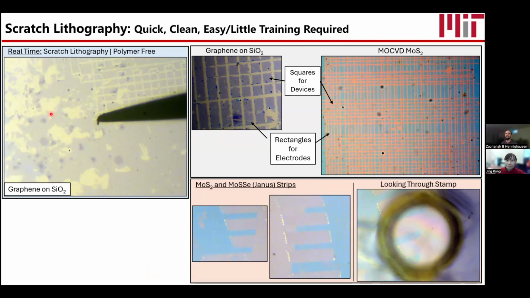I don't want to rob our group of a patent, so I'm going to avoid saying too much, but please stop on by or send me an email. I can definitely be more than happy to provide more details. But that's sort of the trick. It's this pre-treatment that makes it not sticky. I'm sorry to be so vague about it, but please email me. Thank you for the question. That's a really good question.